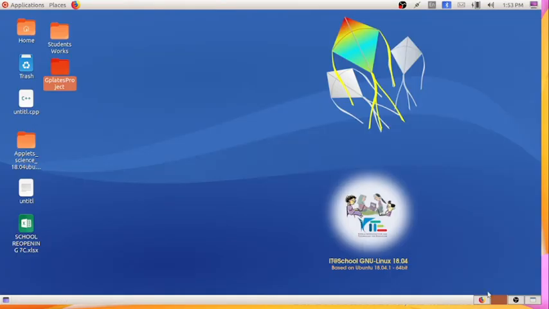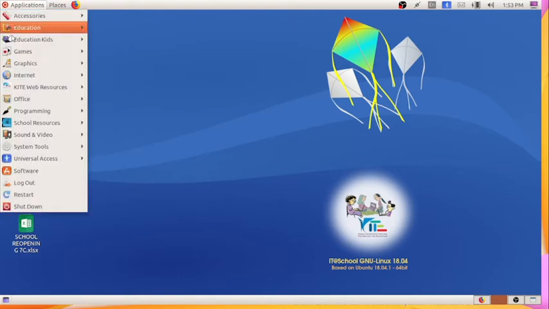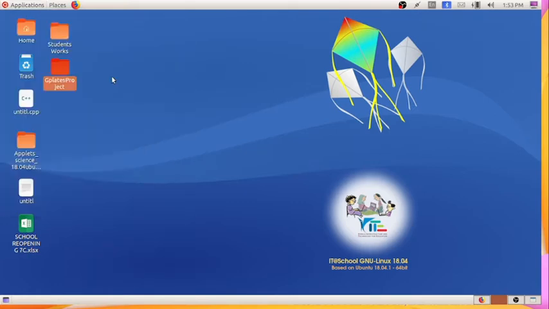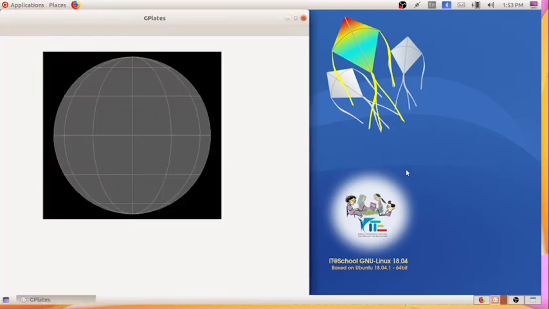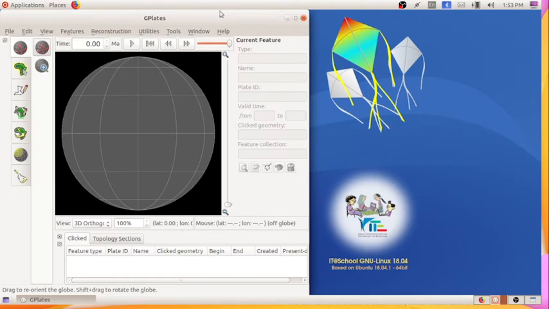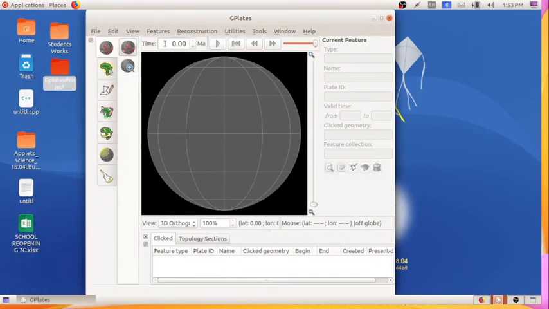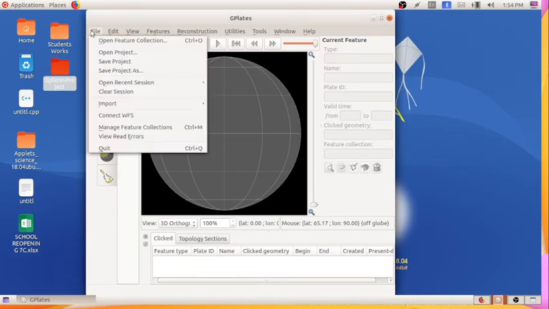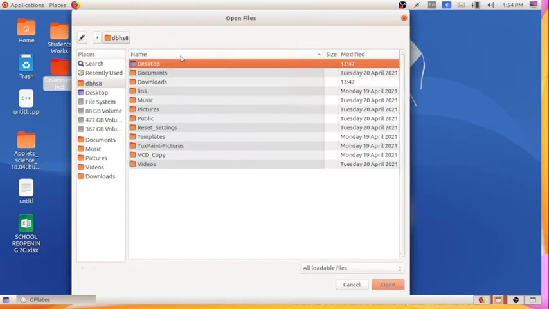For doing that activity, the first thing we have to do is open our Gplates software, that is Application, Education, and here you can see Gplates. So let's wait. Yes, this is our Gplates software. Here we can include the layers: Open Feature Collection.